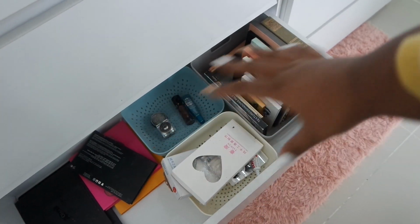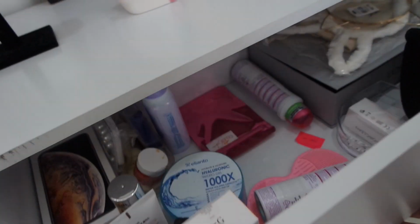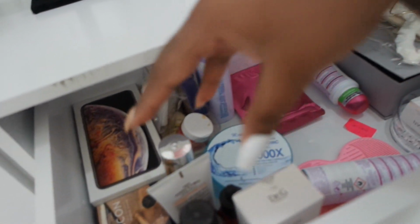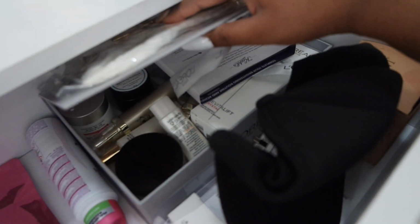The third drawer, we have all my eyeshadow palettes, a bunch of pigments, eyelashes and stuff. So all eyeshadows are here. In the last drawer, I basically have my camera bag and a bunch of random bags. Okay, so on the other side, the first drawer is basically all my skincare and all that stuff. So I've got deodorant, my SPF, and then inside this box, I've basically got all the skincare that brands sent